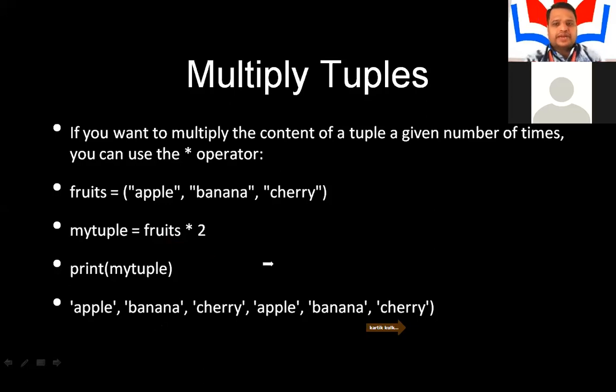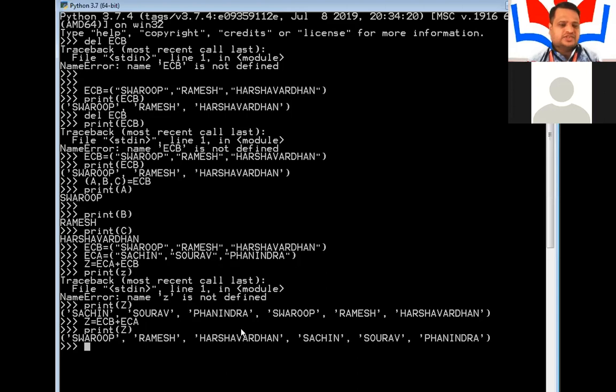Now we will look at it practically so that you get a clear idea. We already had the ECB section and ECA section created, and we assigned that value to z also. Now I will take y equal to z asterisk 2.